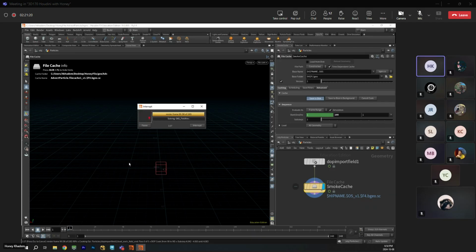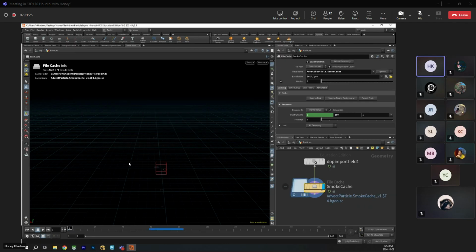Okay, 1 minute, 17, 18, 19, 20. 1 minute, 20 seconds. The reason that it didn't take a very long time is because the resolution of my sim wasn't high. Because I only need the velocity, I don't need the density. Otherwise, if I need the density to be rendered, you have to go much higher and the simulation is going to take much longer.